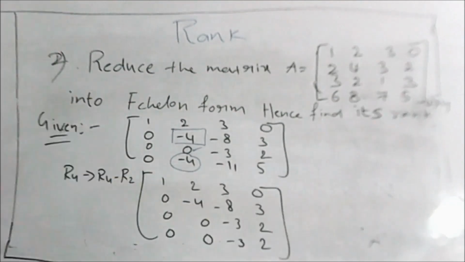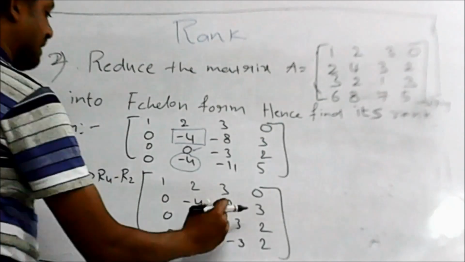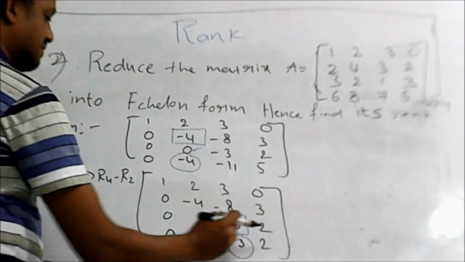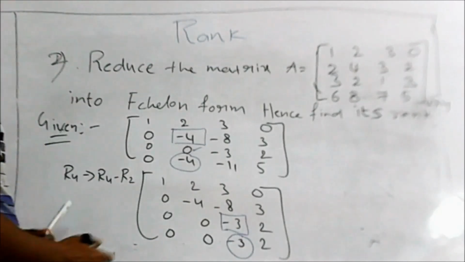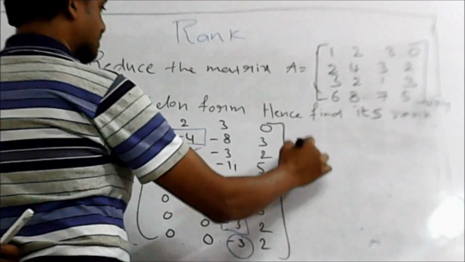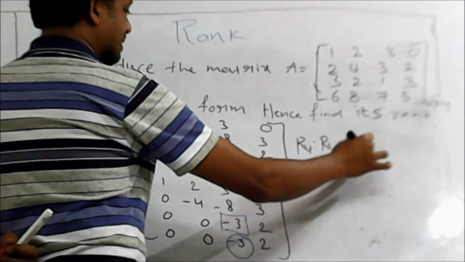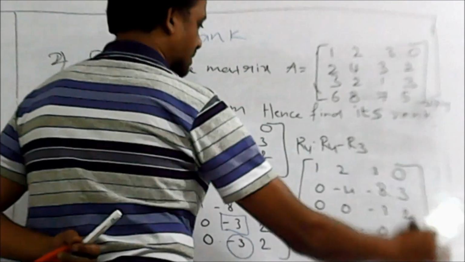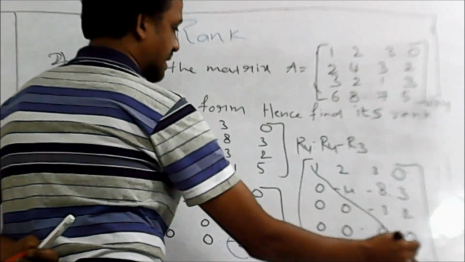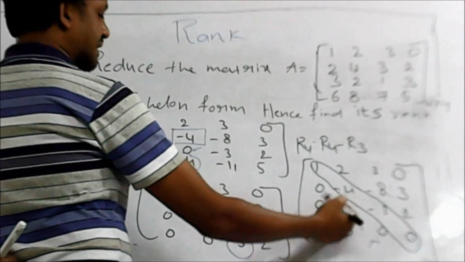Right? So now you need to select the third diagonal. You need to make the elements below the diagonal zeros. If it is 0, no problem. If it is non-zero, you need to apply an operation. Here both are the same negative elements, so we write R4 as R4 minus R3. What is the final matrix? It is now converted into an upper triangular matrix. These are the diagonal elements, and all the elements below the diagonal are 0.